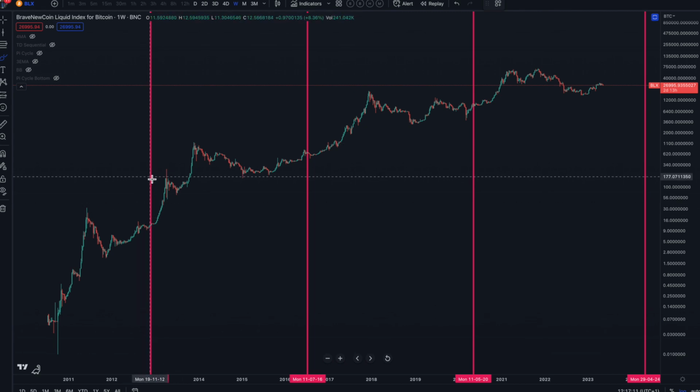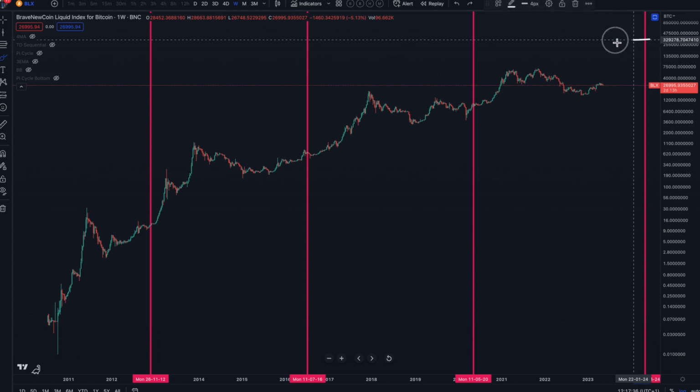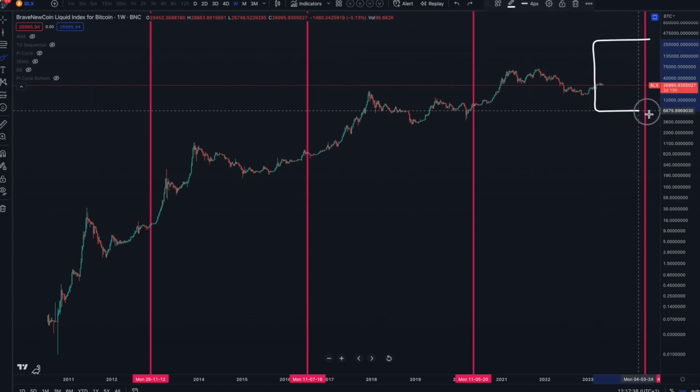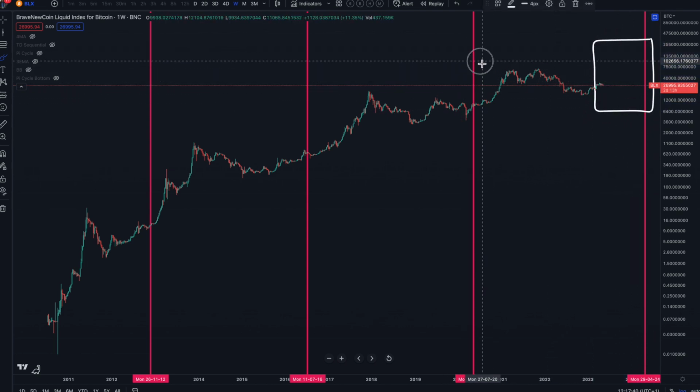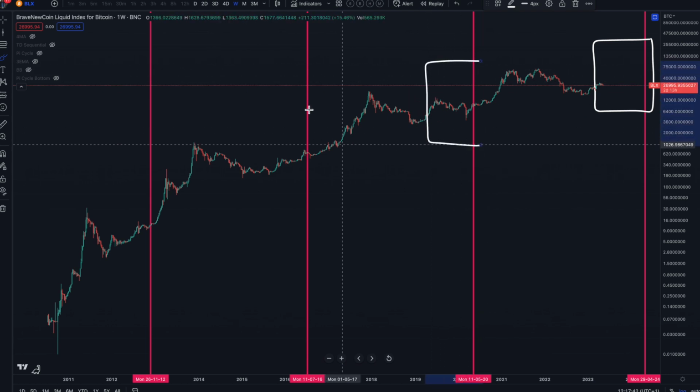We're going to start off with this BLX chart for the previous 12 to 13 years of the Bitcoin history. The red lines, as you can see, are the halvings, and the next halving is over here around April, May next year in 2024. And what happens over here is really determined by what has happened in the past before the previous halvings in